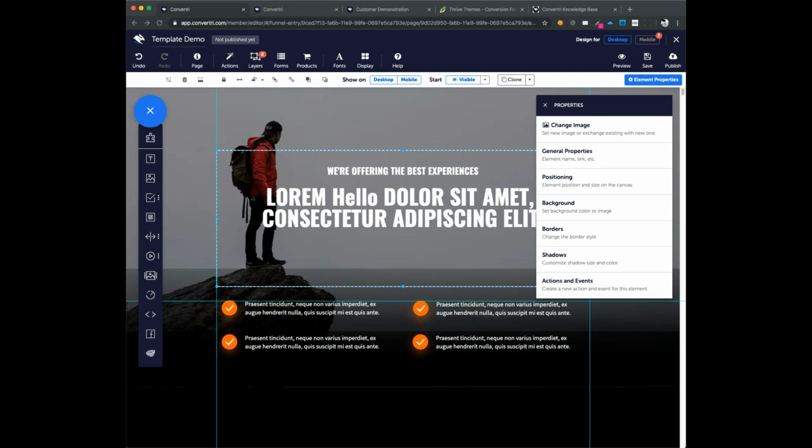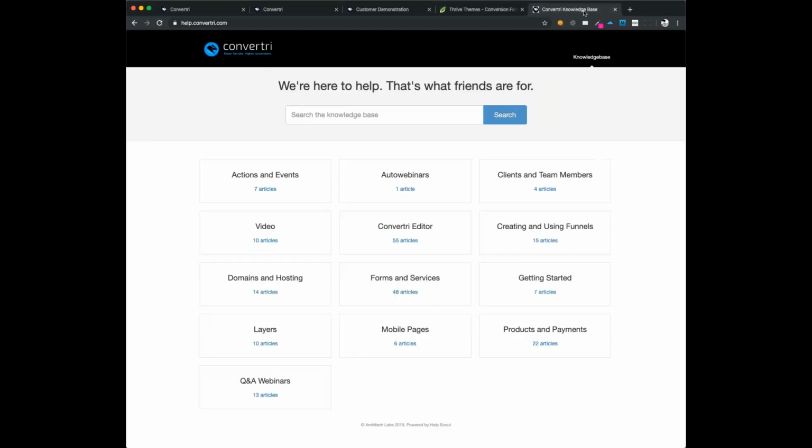Hey, Frederick. Yeah, so if you want to run a WordPress blog on the same domain as Convertri, then you'll want to create a subdomain for one or other of them. We've written a full PDF guide on how to set this up, which is available in the knowledge base. I can't remember which one it's in, so if you can't find it, do email support and we'll find it for you. The reason we've done this is getting that initial domain set up is quite annoying. The domain name system was designed back in the 60s and hasn't been fixed since,